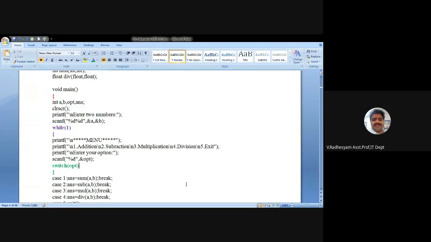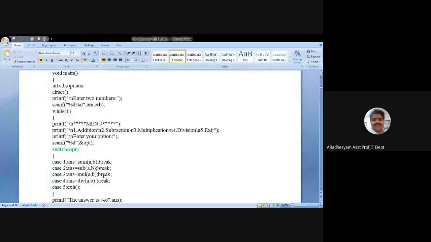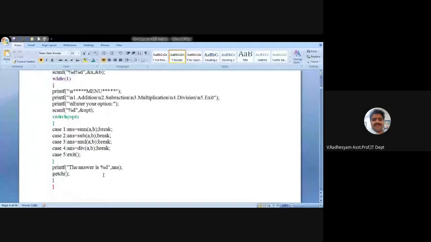If the user selected option 1, then in the place of OPT, the 1 will be replaced. For that we have also written two lines: printf enter your option.